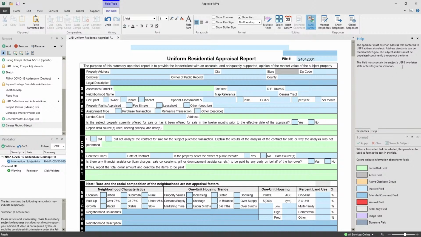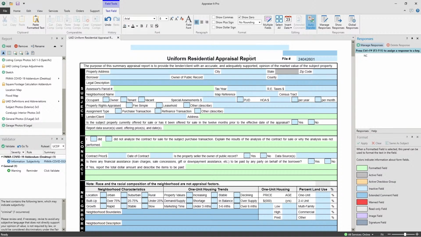Up here in the upper right is the responses panel. This is one of my favorite things that they implemented in Appraise-It Pro, how they did responses. Now, if you've been using Appraise-It Classic, you know there's the F key bar up at the top. You can also, I believe it was hit F2, and you can see the other responses that weren't assigned to F keys. All of that has been brought over to Pro, but a little bit different interface,